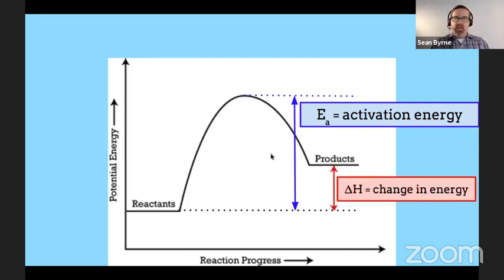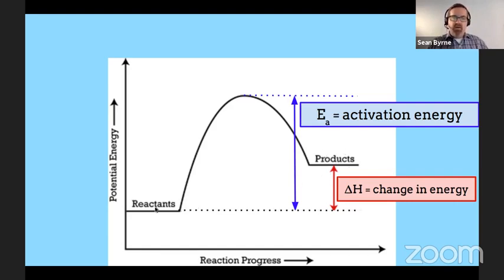The second thing we would calculate from here is the overall change in energy, delta H, enthalpy, which we will get into in a couple of weeks. That would be calculated from just the reactants to the products. It's independent of what happened in between here, right? So if we just wanted to look at the reactants to products, we would just look at the difference between those two numbers right there. This is an endothermic reaction, and I know that because my products have more energy. We went up from reactants to products.